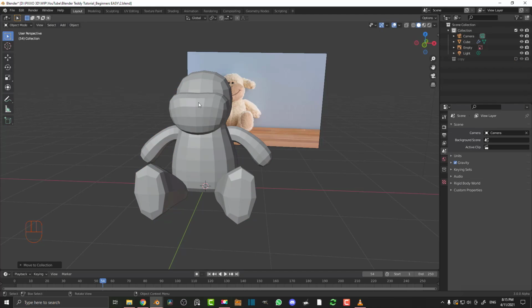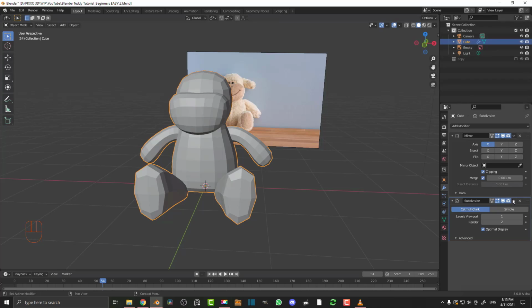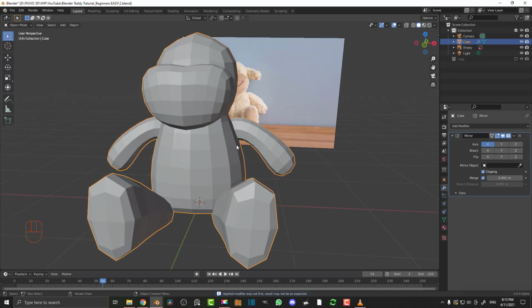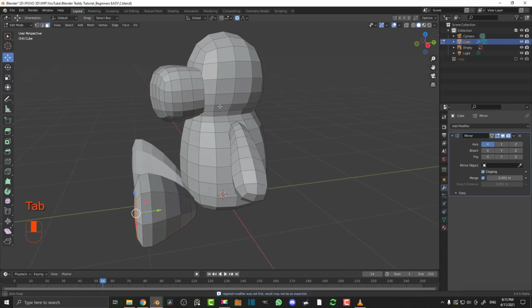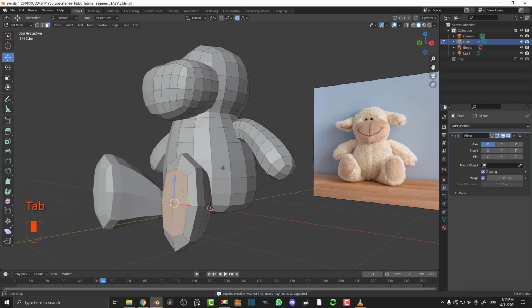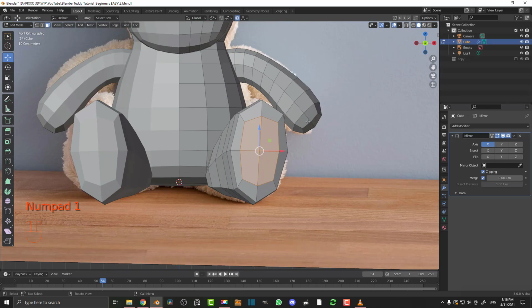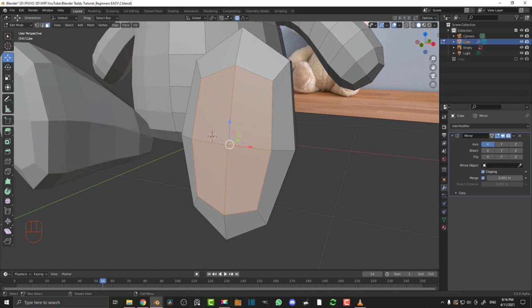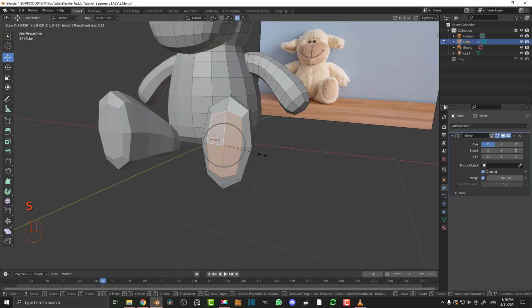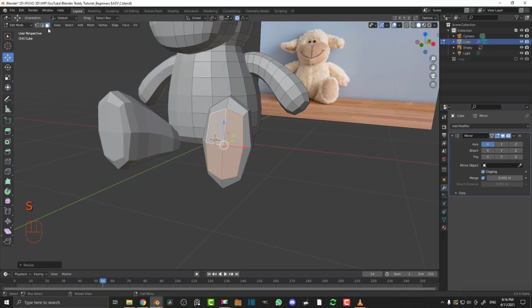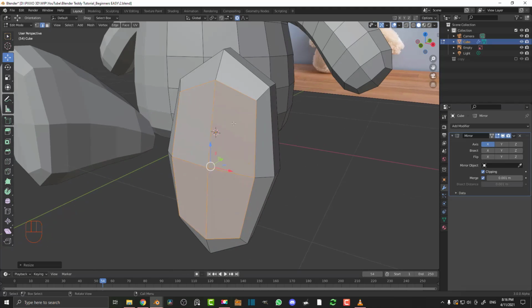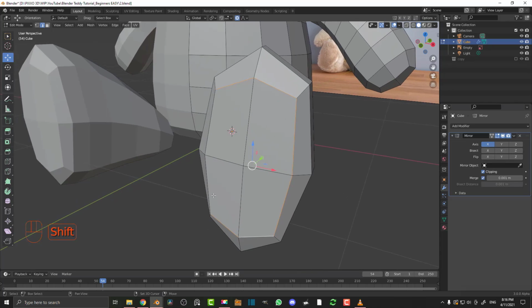So let's just go back to our original here, which is the cube. Go down to the drop down in the subdivide and just apply that modifier. So now if we tab into edit mode, you can see this is now applied. So we have something a bit more detailed we can work with. So one thing I'm going to do obviously is with the foot here, with these faces here active, just going to scale them up a little bit, and I'm going to go to my edge select here. Shift Alt, I'm just going to click on this edge here, and then I'll click on these two, these ones,